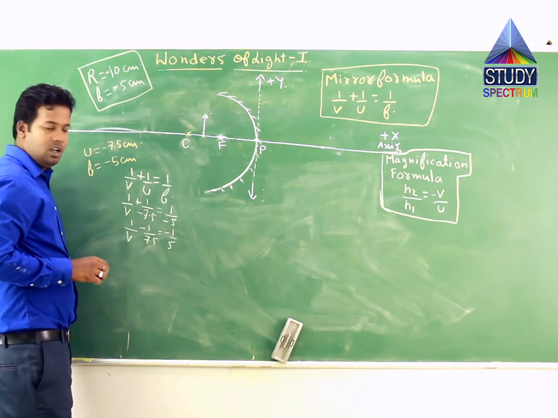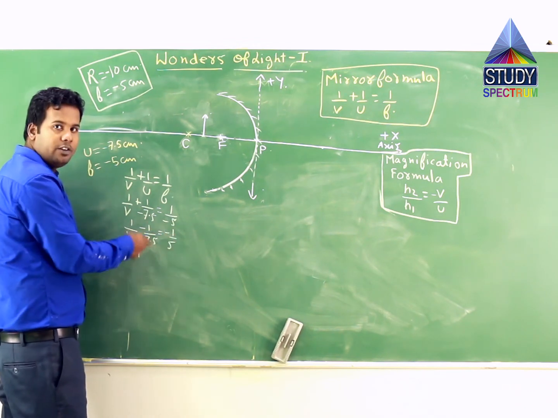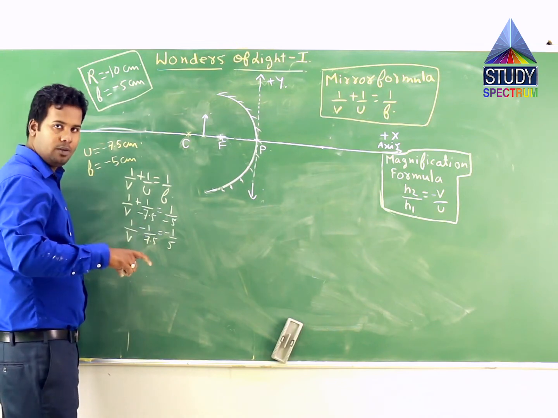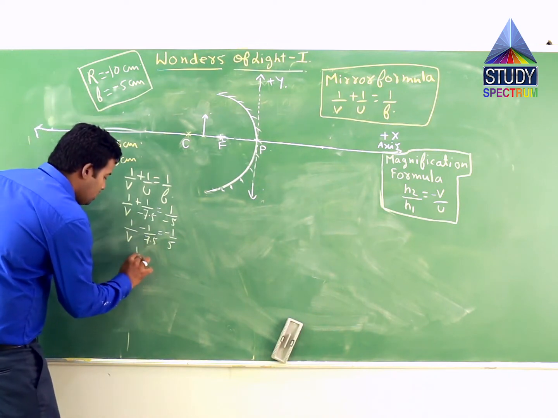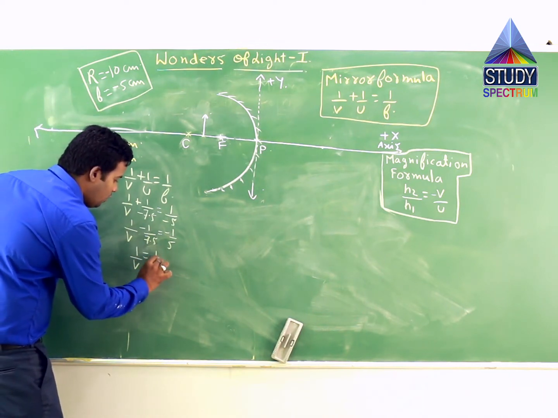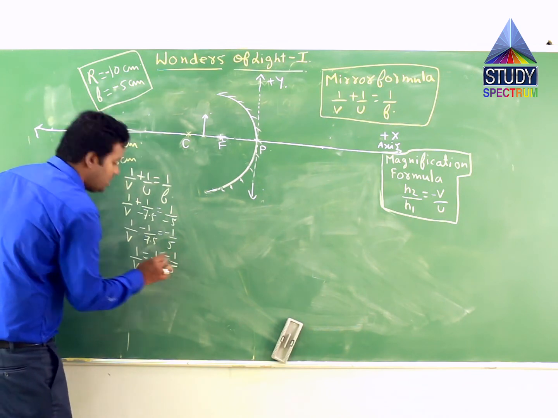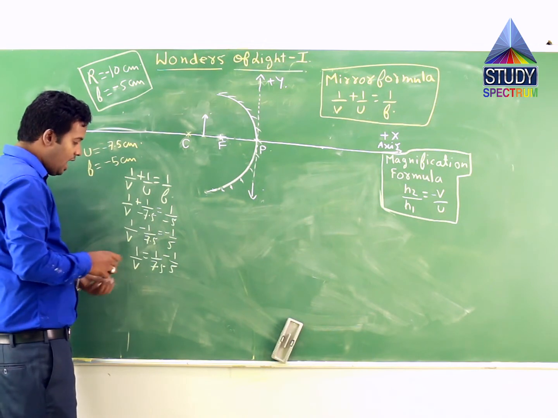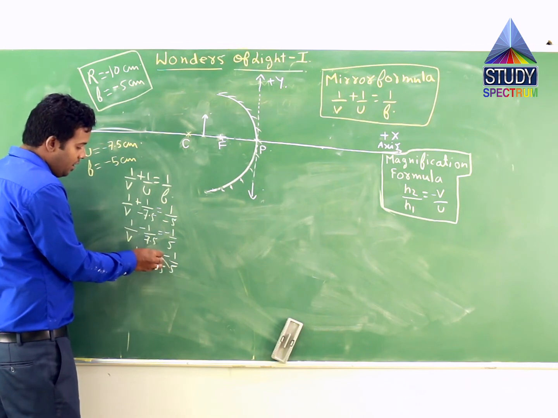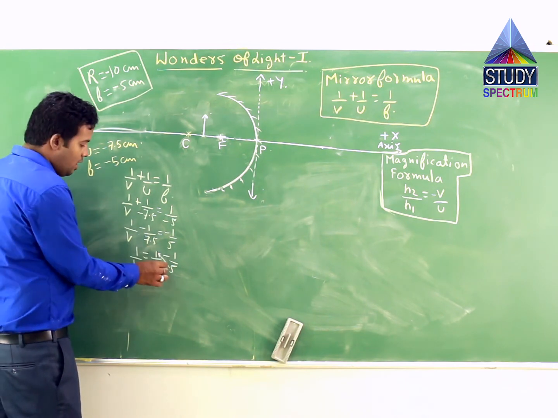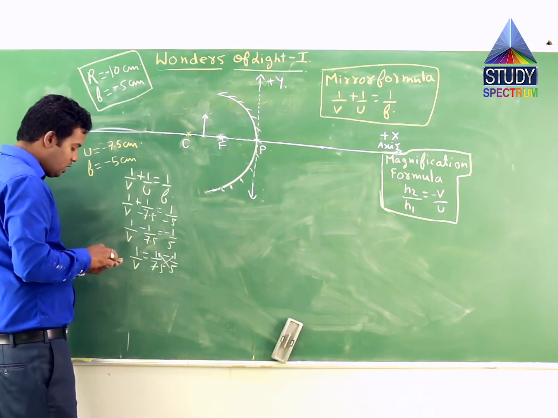Now I will move this negative term on the left hand side to the right hand side, and it will become positive, and will write the positive term first like I have done in all the cases, and then the negative term on the right hand side. So this becomes 1 by V is equal to 1 by 7.5, that is your positive term, minus 1 by 5, that is your negative term. And if you remember, I will multiply the denominator of second term with the numerator of first term, that is 5 with 1. I will multiply 7.5 with the numerator of the second term, correct, and multiply the denominators also with each other.